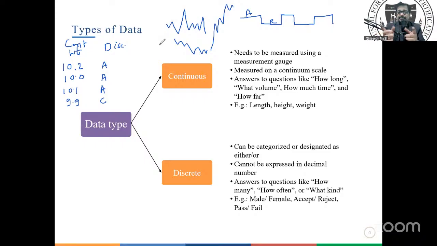Another example is pass or fail. For example, if I give you the data of 50 students, out of which 10 students have failed and 40 students have passed. That's it. That much of information you have. Very limited information. Instead of that, if I give you the percentage of each and every student,